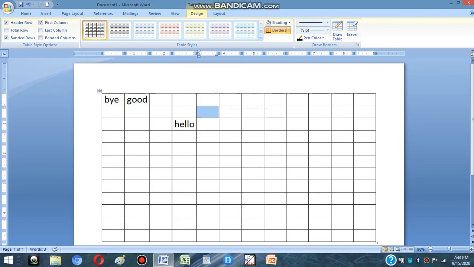Now if I want to select a range of cells, meaning one or more cells in rows and columns, what we have to do is click on any cell, then press the left mouse button and drag it up to the cell which we want to select.